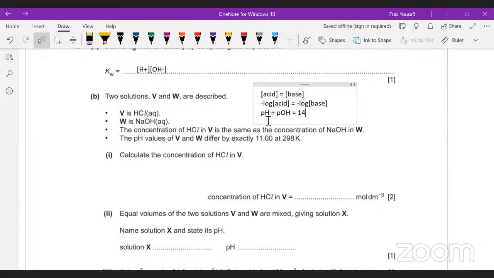So that means if I take 14 and the difference of the pH values, for whatever the acid is, the pH is this, and the larger one would be this, by the way. 14 minus pH gives me the pOH, minus the pH, should be equal to 11. And what we can do then is make the pH my x value and solve accordingly. And when we actually solve it out accordingly,